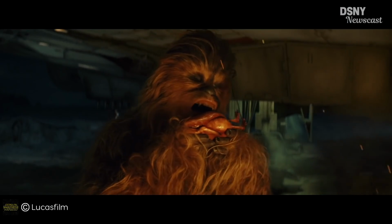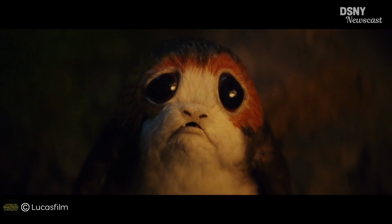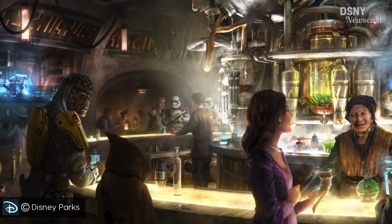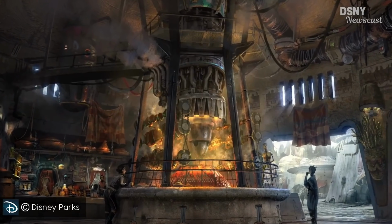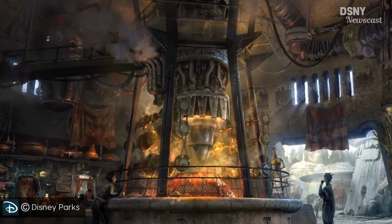But that's not everything, as when we step foot inside Black Spire Outpost, it will be the first time that we'll ever be able to taste the food and drinks of a galaxy far, far away. As within Star Wars Galaxy's Edge, there'll be Ogre's Cantina, which is where you'll mainly find the alcoholic beverages at the bar, and there'll also be Docking Bay 7 Food and Cargo, which offers a wide variety of galactic culinary